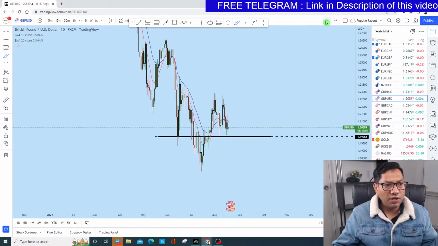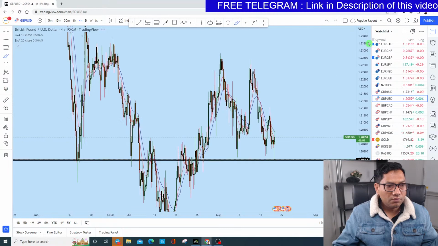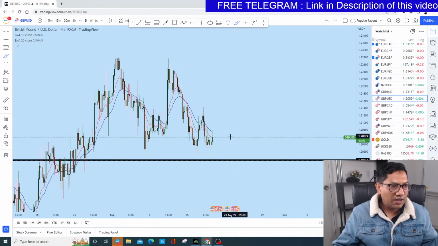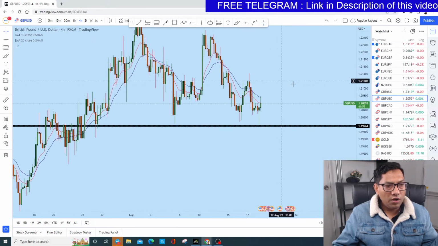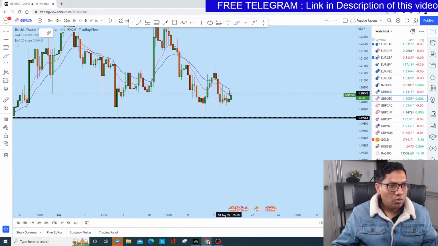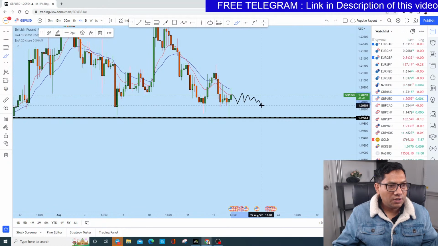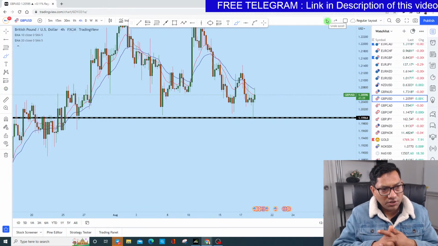Okay, there is a probability, because if you look at the 4-hour, the price action has created kind of, it's not fully bearish price action. Okay, I don't think that the price will immediately drop from here. We might see consolidation and then a fake move, and then we could see a breakdown. So currently on GBPUSD, there is no trade. Okay, let's wait and patiently wait.